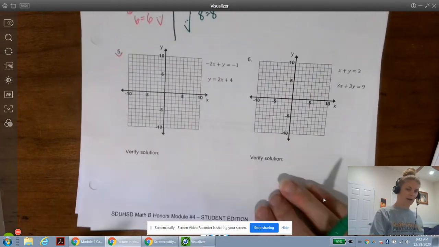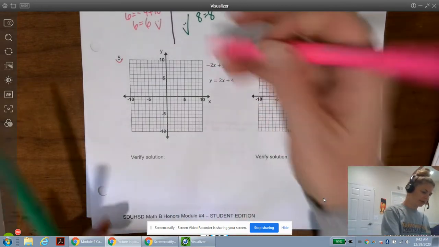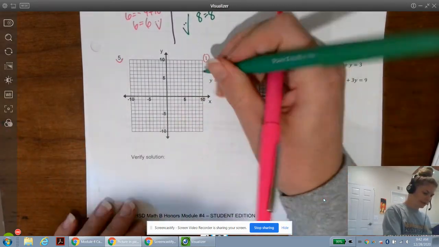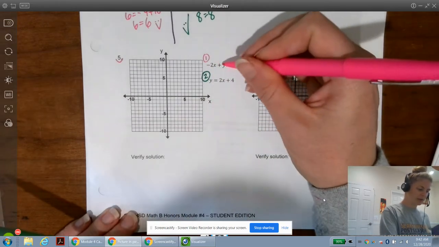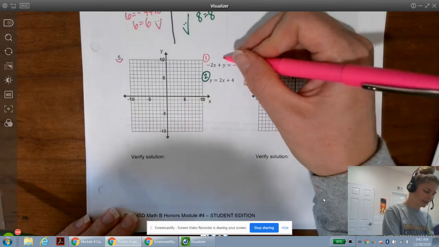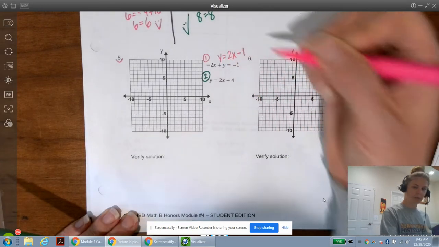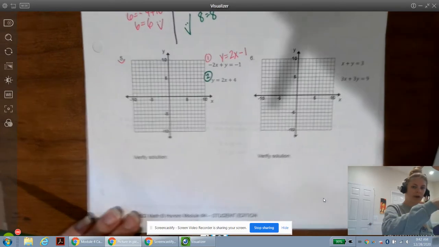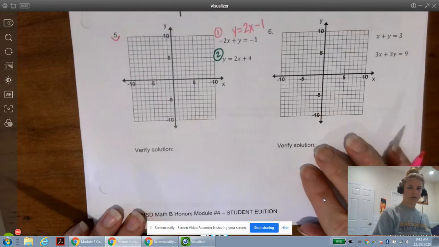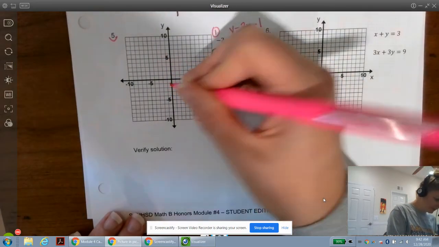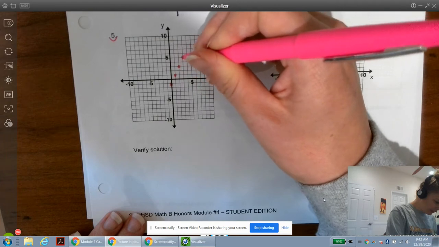So I told you we'd do 5 also together. So number 5, I'm going to label these 1 and 2. And looking at equation 1, the only thing to write in slope-intercept form is adding 2x to both sides. So y is equal to 2x minus 1. I'm going to graph this by graphing your y-intercept at -1. I'm going to go up 2, right 1, up 2, right 1, up 2, right 1,